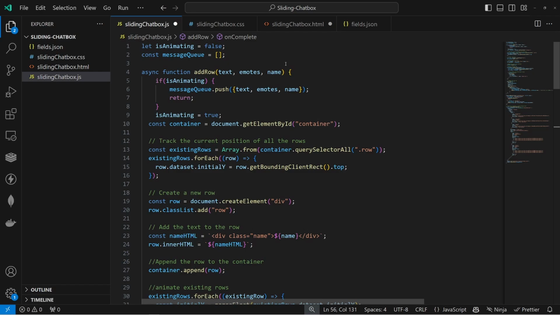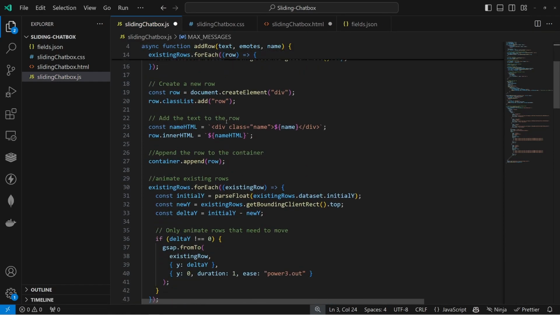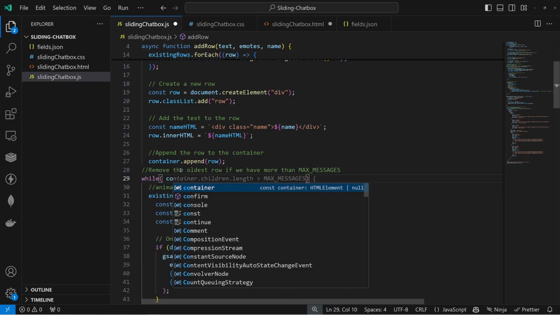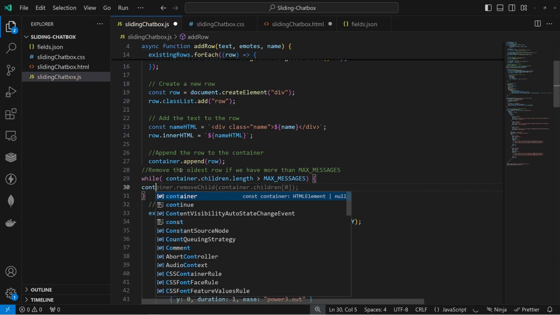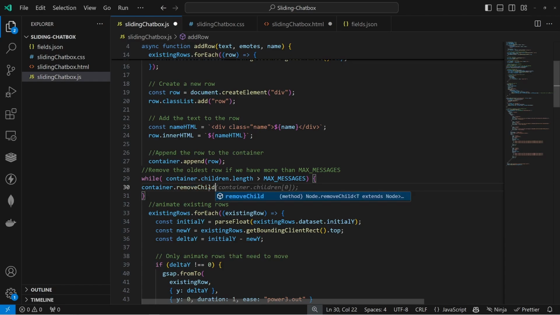That way we don't clutter up the DOM. So we will create a new global variable called max messages, and I'll just set that to 10. And then all that we have to do is after we append the row, we'll create a while loop. If the container exceeds max messages, then we'll just remove it from the DOM. So removeChild